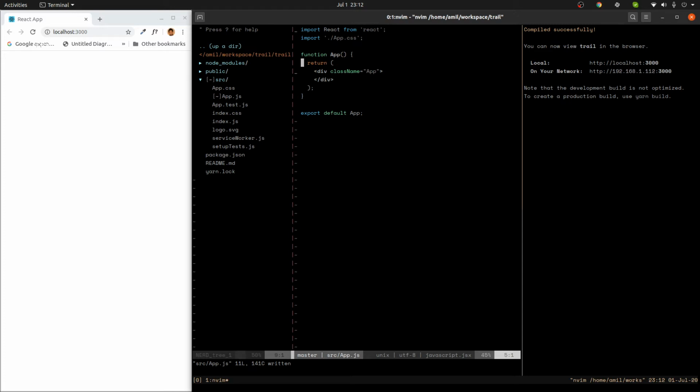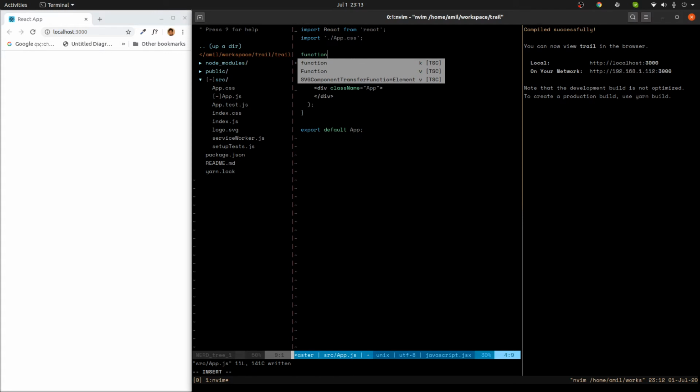So the first thing I'm going to do, if I want to create a MouseTrail, I'm not going to go fancy first. What I would do is create a small component that I can just move around. A mouse trail means that it should be able to follow the mouse. There should be a trail, so there should be multiple items following the mouse. But let's just create a